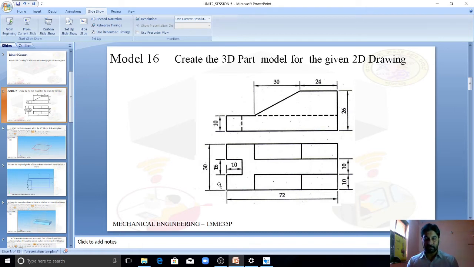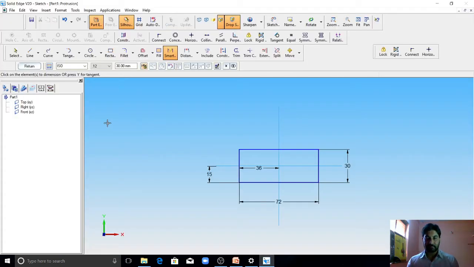So this gap should be 30 minus 16, which is 14 mm, so 7 mm here and 7 mm here. From this reference edge, it should be 7 mm. This width should be 10 mm.